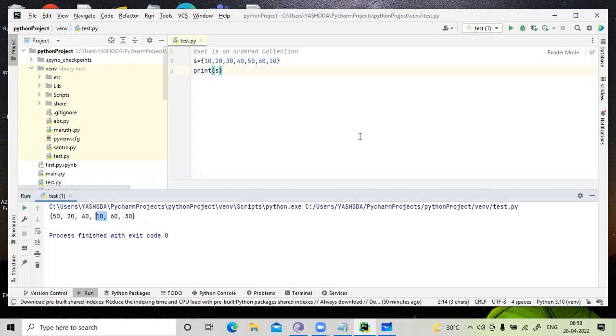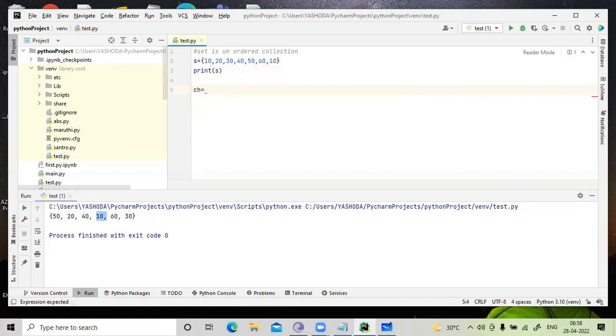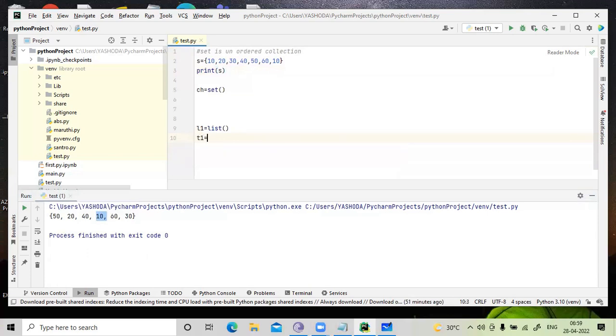So I will say something like this. I have a character, and I am using the set function for everything. There is a list function, there is a tuple function. When you want to store that list in some variable, then you will call that particular function. For example, I say list 1 equals to, I have to call the list function. For example, if I want to say tuple 1 equals to, I want to